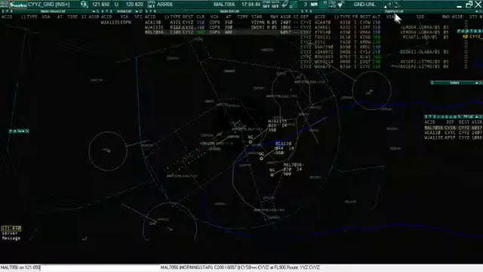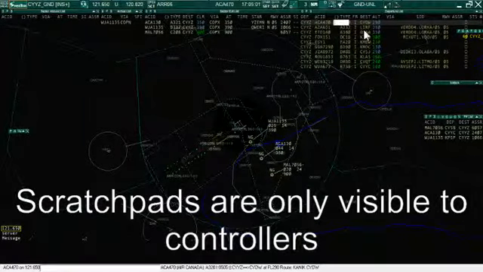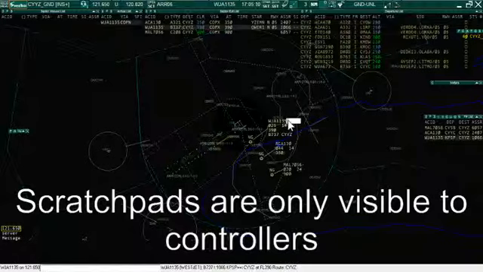Probably more important to you as a ground controller initially will be the departure list. So this shows a list of all the airplanes departing from your active airport and shows lots of useful information. So obviously departure airport, aircraft ID. Over here in brackets, this is the scratch pad. The scratch pad is a neat little feature where you can basically type anything and it will be tagged with that aircraft. Right now you can't see it because that aircraft isn't airborne, but each aircraft does have a scratch pad,